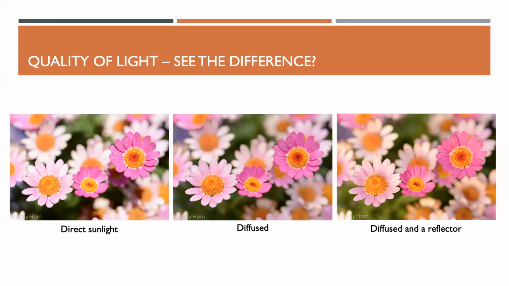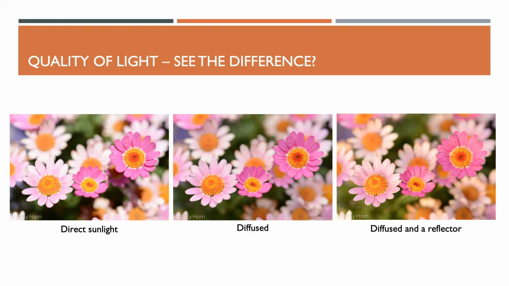And there are still shadows, so we still get the three-dimensional feel, but those shadows are much softer as you look at each of the petals and underneath the flowers themselves too. The third image is an example of, I still used the diffuser, but then I went ahead and added a warm reflector to add a little bit of warm light down underneath. Not necessarily what I would always do, but it gives you an example of what is possible, especially with smaller